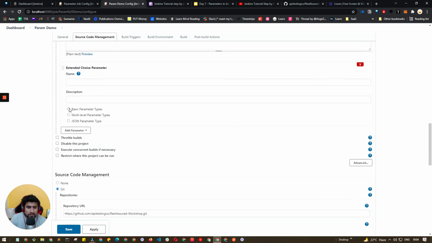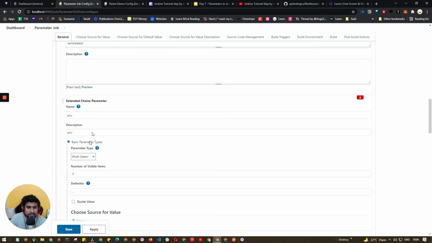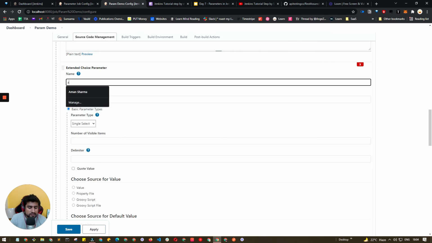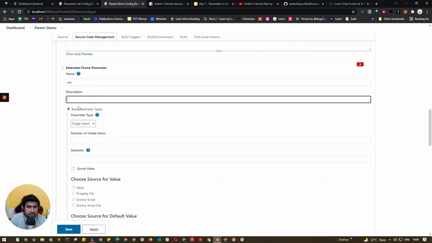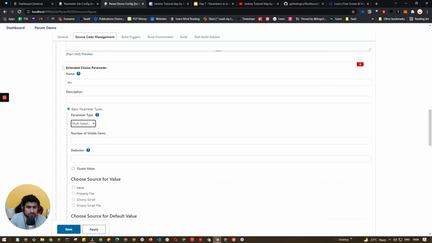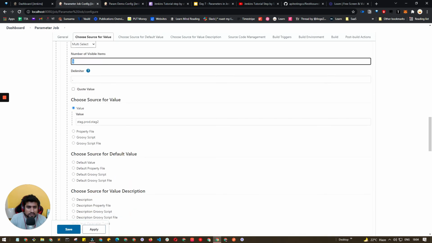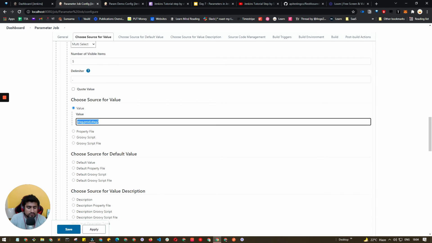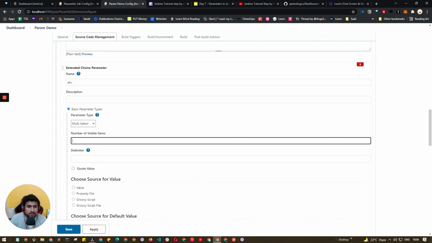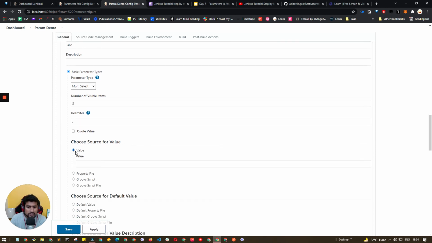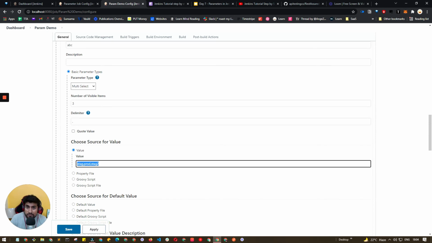Now I have added basic parameters. I'll name it ABC, and I can do multi-select also. The number of visible items, let's say 3. The delimiter is comma separated, and the values we can give like this, so three comma separated values will be visible.